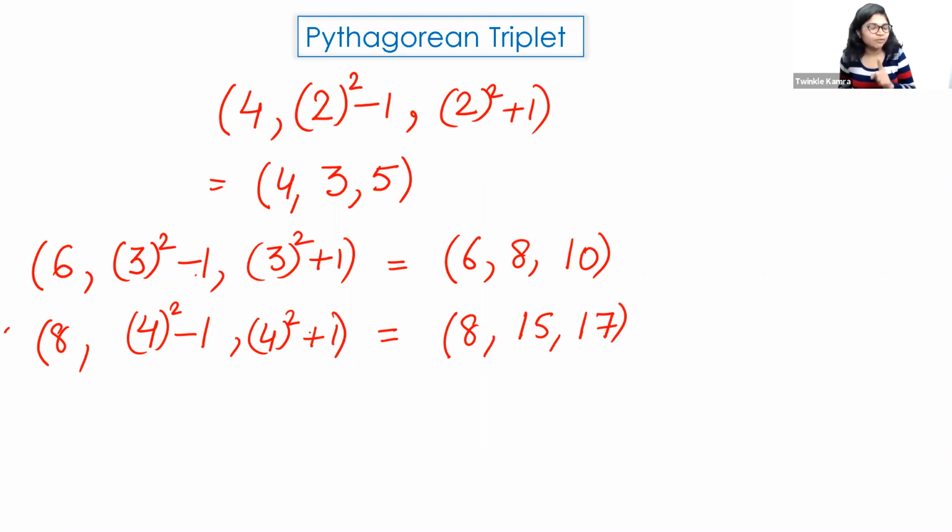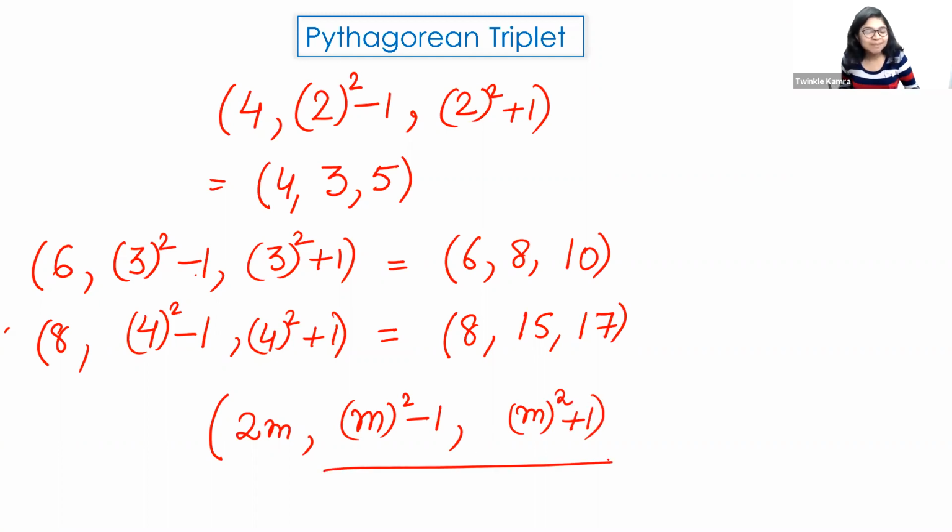So, in general, what is the formula? If ever I'm having an even number, I first half it, which gives me m. Then I square it. Then I subtract 1. Similarly, I have m. I square it and then I add 1. Right? This is the Pythagorean triplet for an even number. Look at one thing here: you're halving it, okay? I think it's been clear, right?